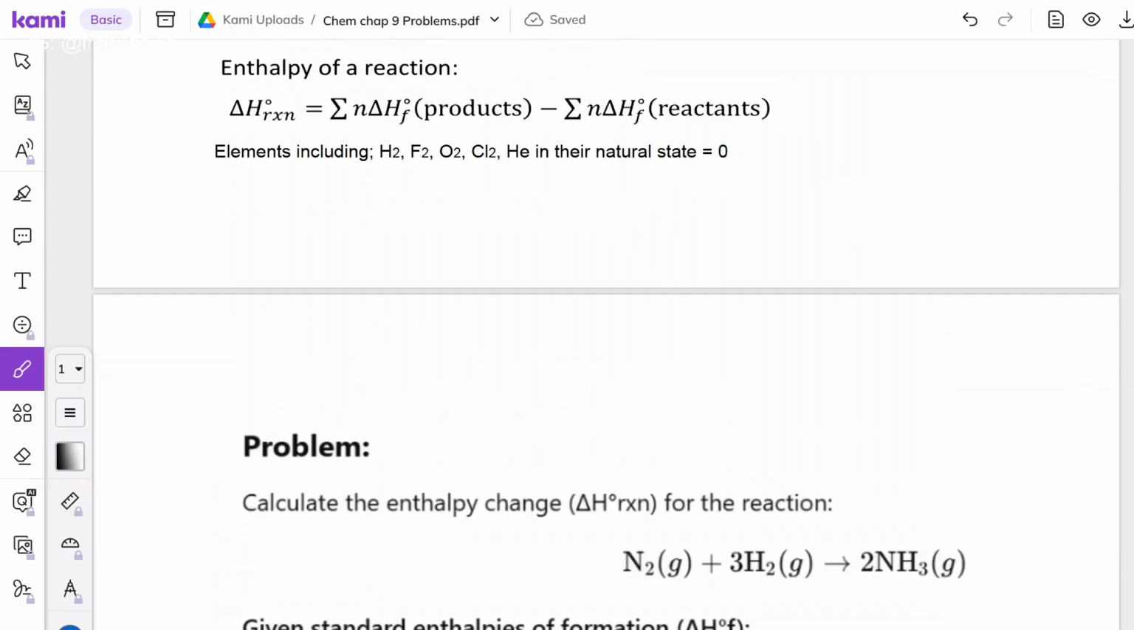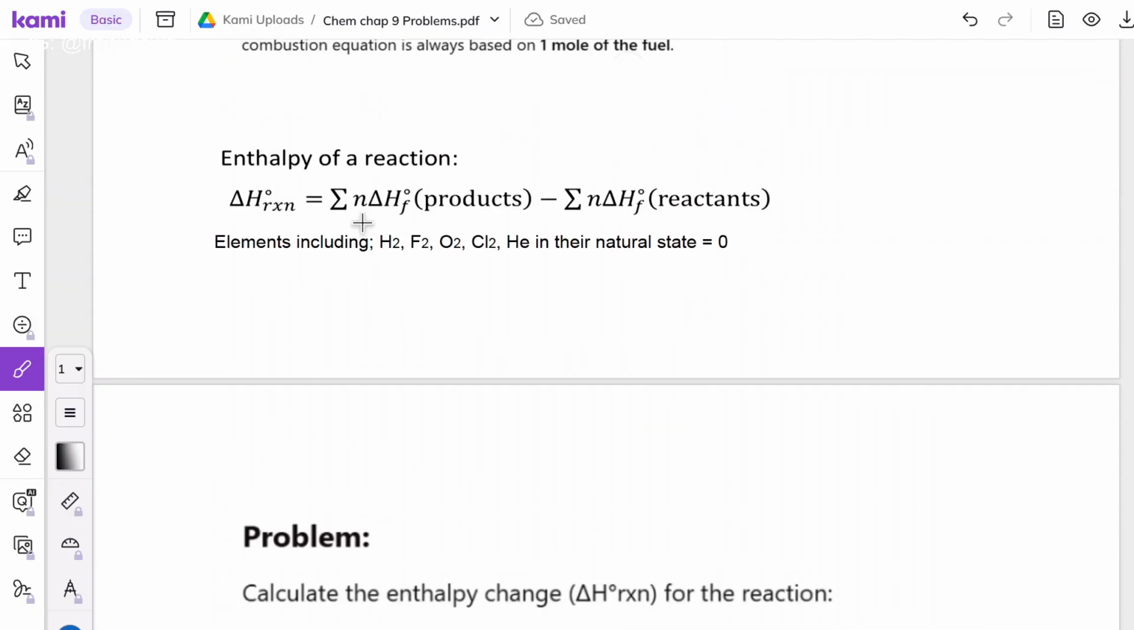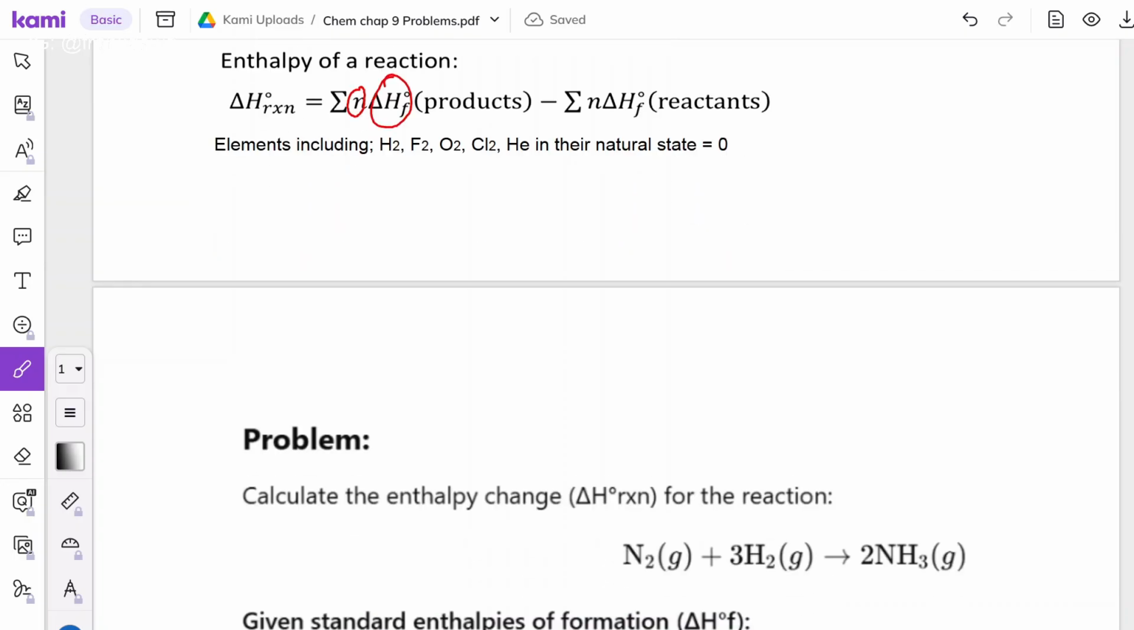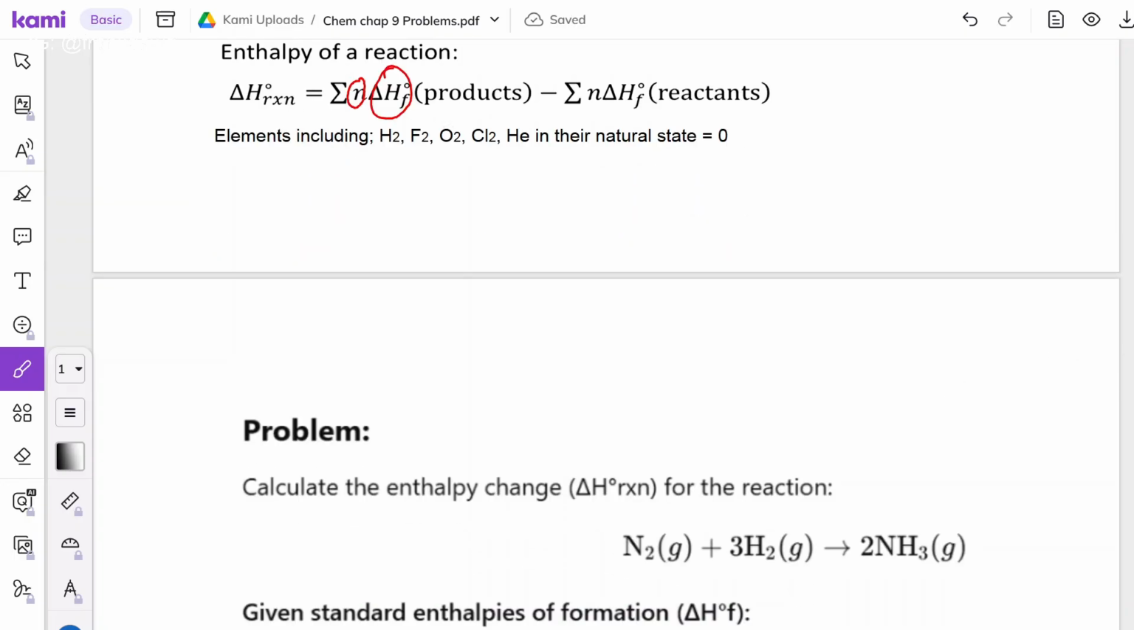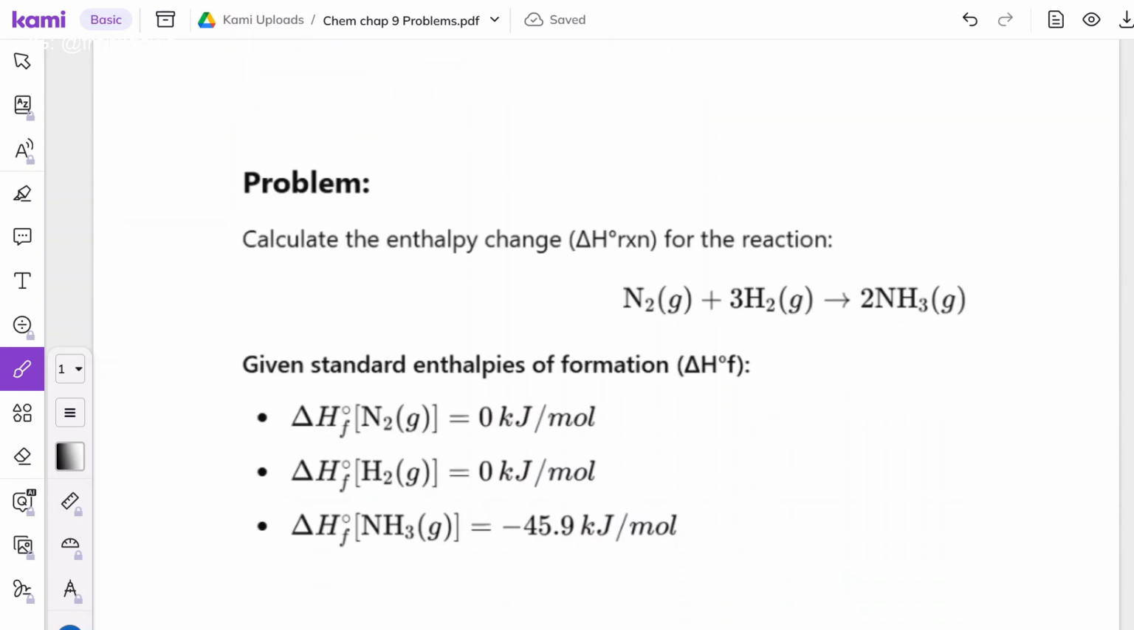And finally, this is the enthalpy of a reaction. It's just the sum of the moles times this number, which is going to be provided for you in a table like this. And it's the products minus reactants, just like everything else in chem. It's always products minus reactants. And this is a final easy question for the end of chapter 9, where to do this, it's products minus reactants. And you just do the products, which is 2 times the ΔHf of NH3, which is